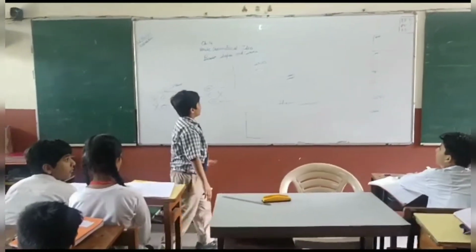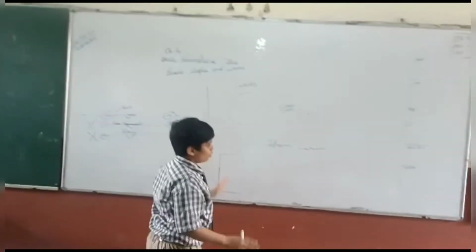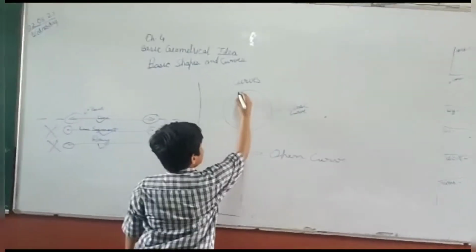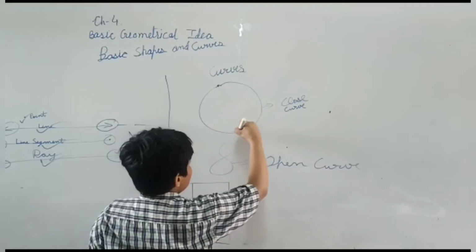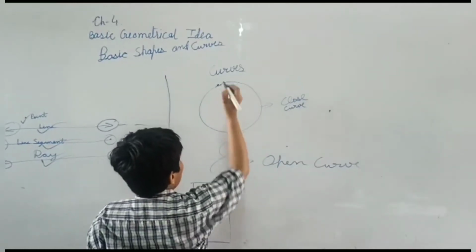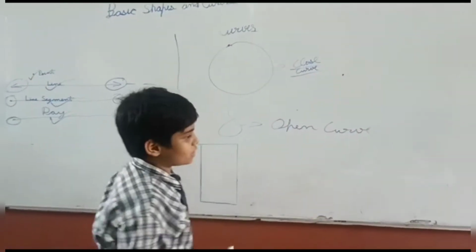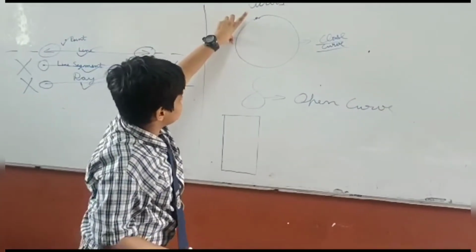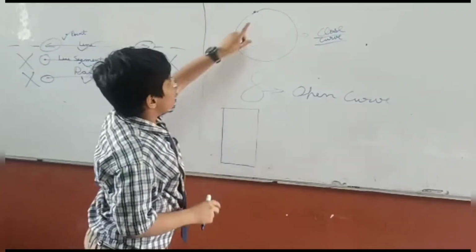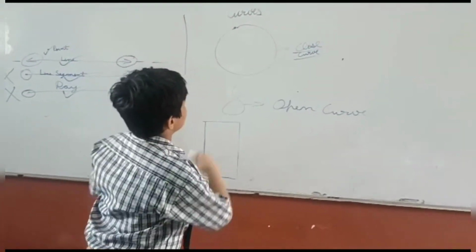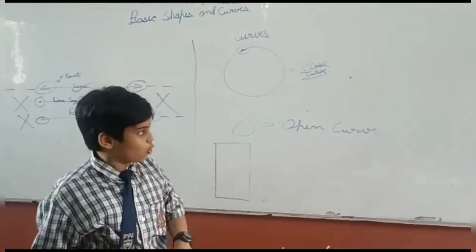Okay. Now we have curves. Now you can see that here is a zero, an O, you can say. So imagine this line has started from here and makes this figure and comes back here. So I had written here closed curve. So what is a closed curve? I wanted to tell you the definition of the closed curve. A closed curve is a curve whose starting and ending points are the same. It started from here and ended here. It means it is closed.